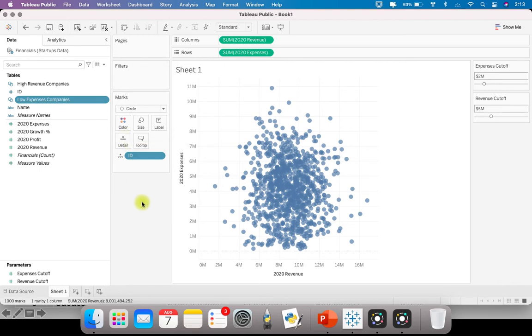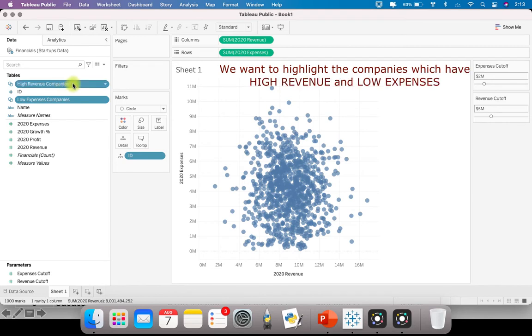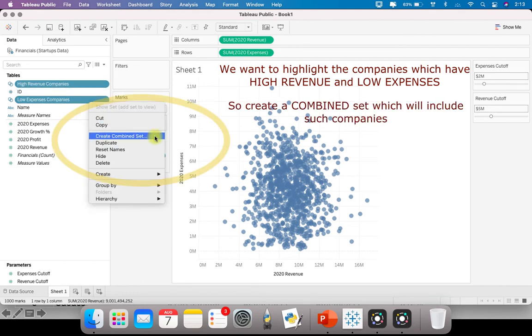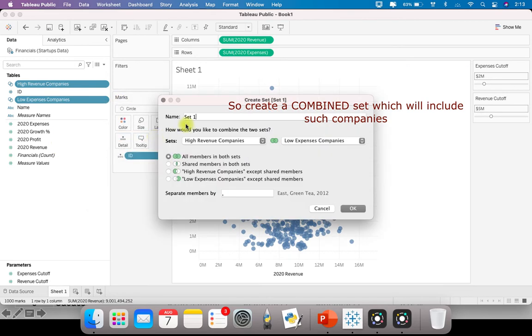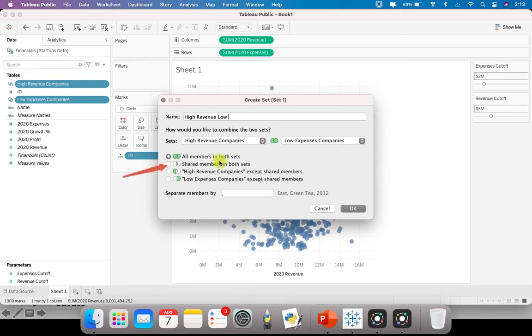Now my agenda is to highlight the companies which fall in both these sets. So basically I want to identify companies which have high revenue as well as low expenses. So select both these sets, right click, and you will see the option of create combined set. Just click on this create combined set, rename this as high revenue low expenses companies.